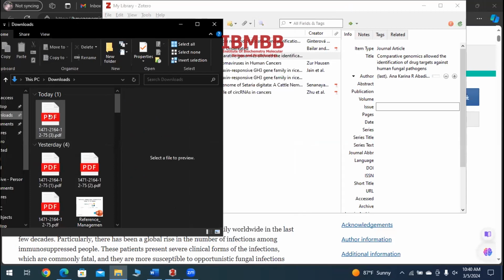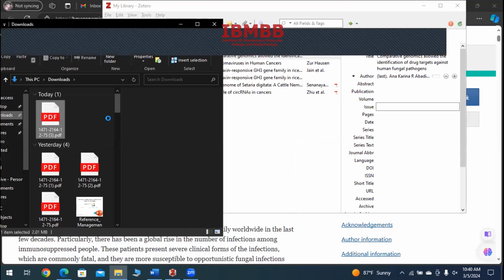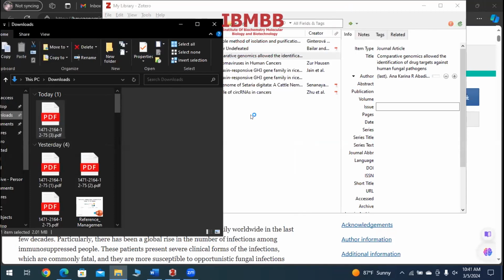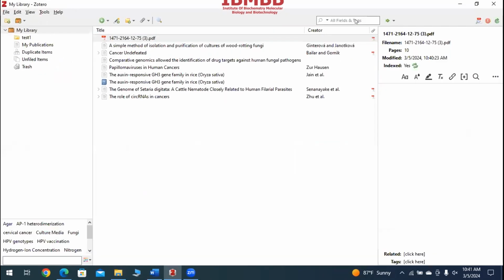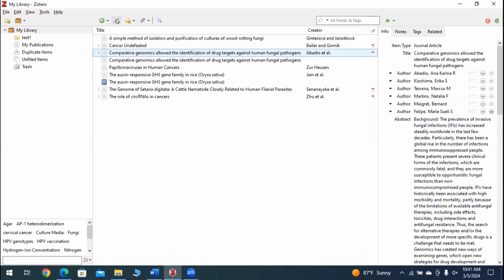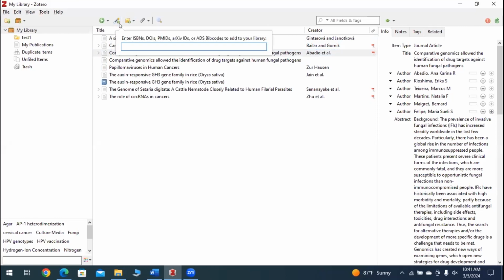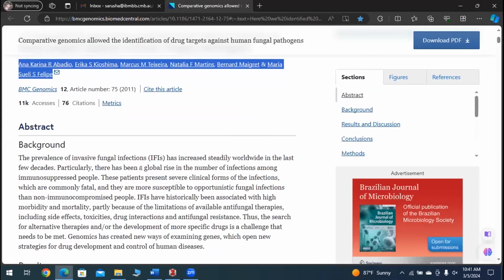If you want to add this file, you can drag and drop it into the Zotero software. Now you can see the PDF is imported, but it's without details. We can add references with the identifier. Here you can see we can use ISBN, DOI, PMID. Like for me, we can add it. If you go to these options, here you can see